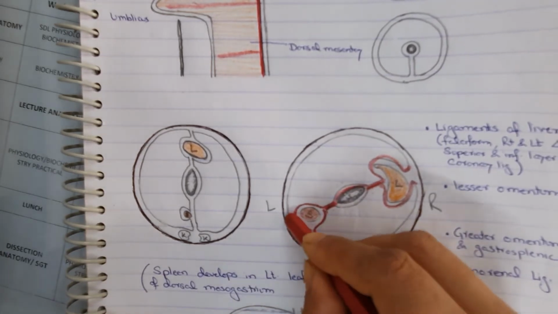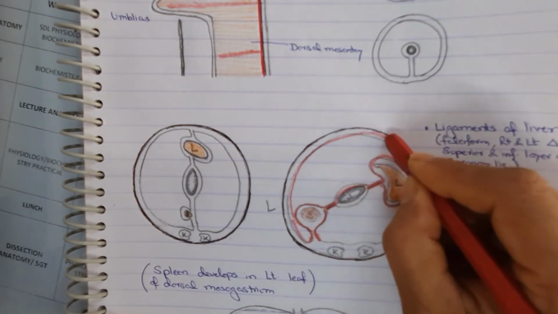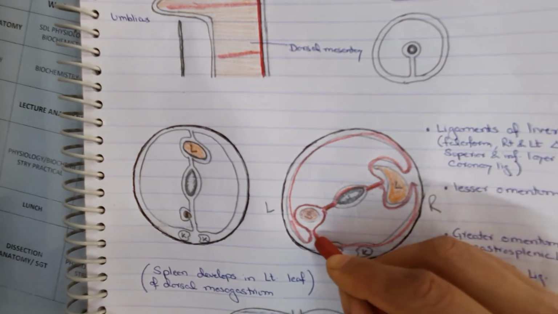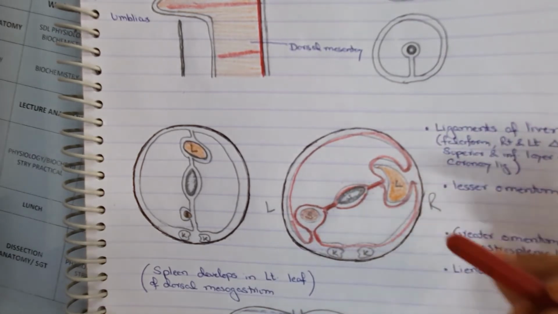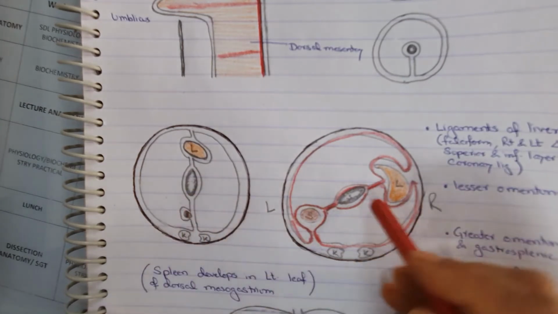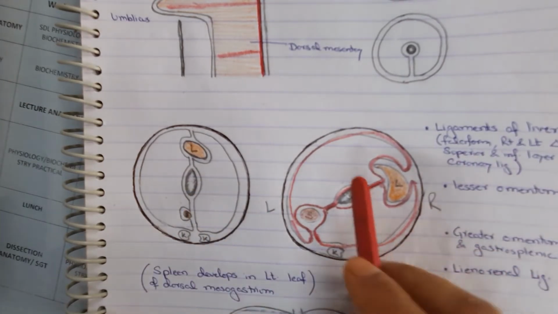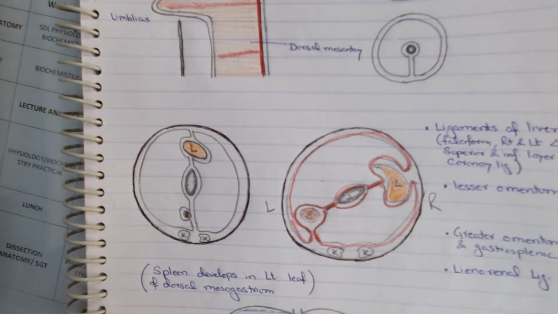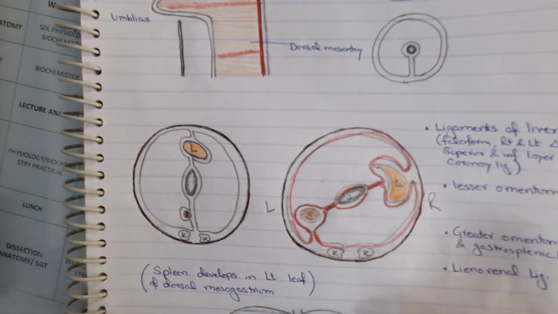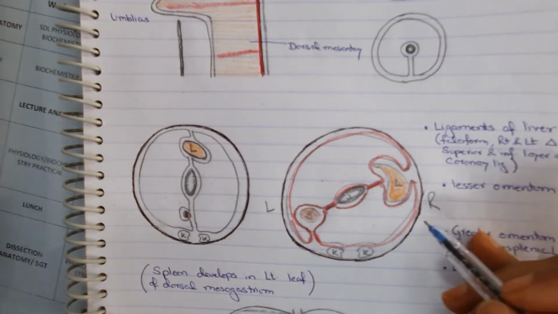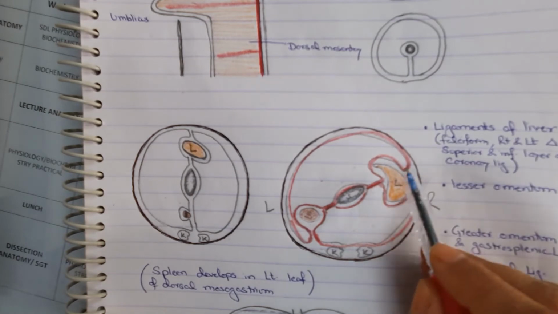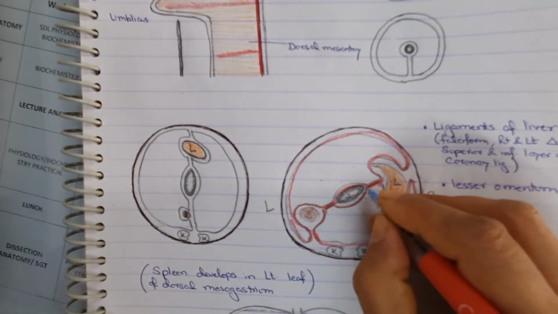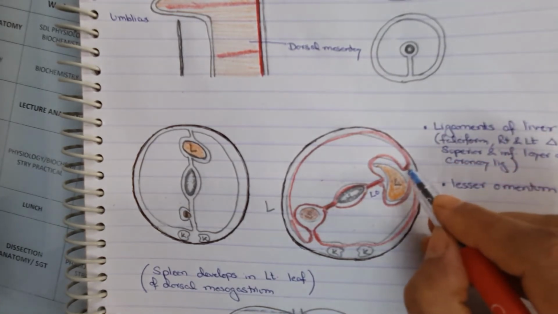So now if you reflect this on the body wall, that is the parietal peritoneum part, here on the body wall, now you can see that the two equal cavities are now divided into two unequal cavities. This forms the greater sac and this forms the lesser sac. Now the derivatives of this ventral and dorsal mesogastrium are very important. It is often asked. So what does the ventral mesogastrium form? The ventral mesogastrium forms the lesser omentum here at the lesser curvature and then the ligaments of the liver.